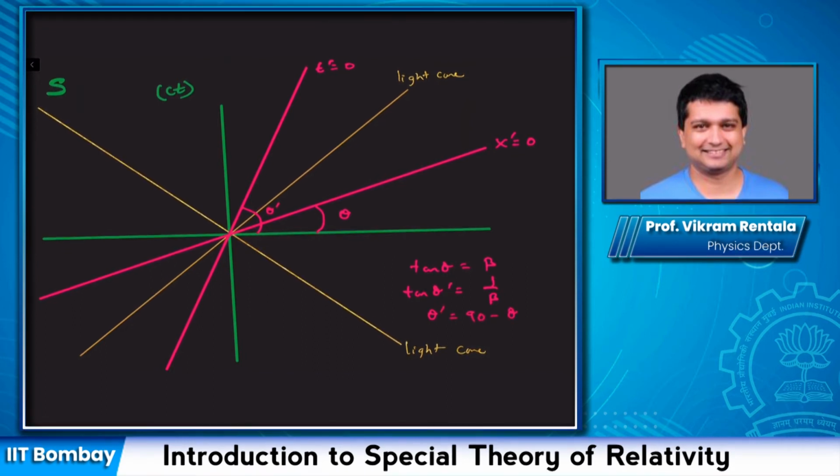In other words, this angle will also be theta, or the slope, if I measured it relative to the y-axis rather than the x-axis, would also be beta. So the x prime axis and the ct prime axis